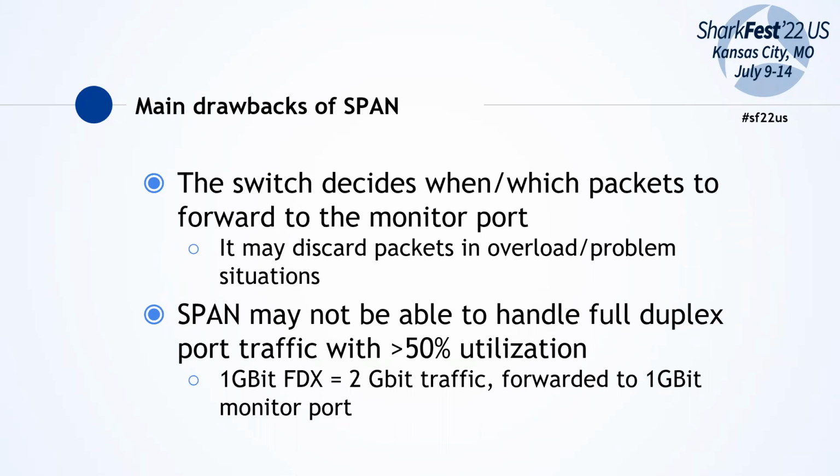If you have, for example, a 1 gigabit link, it's full duplex, which means it has 1 gigabit receive and 1 gigabit transmit, which means in reality, even though we call it a 1 gigabit port, it's a 2 gigabit port. 1 gigabit for receiving, 1 gigabit for sending. If you're spanning or mirroring all the traffic to an output port, the only thing we can use on that output port is the sending direction to the capture device. We can't use the gigabit for the incoming traffic because there's nothing incoming. So we need to send 2 gigabit of potential traffic volume to a 1 gigabit port. And that will make the switch drop random numbers of packets,